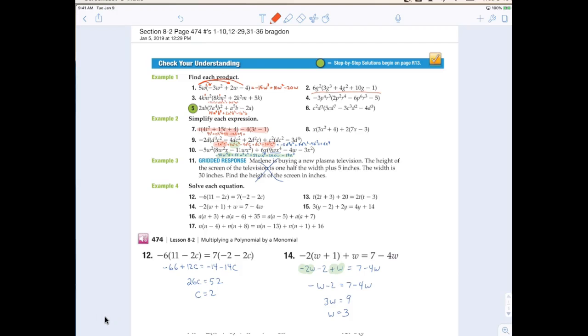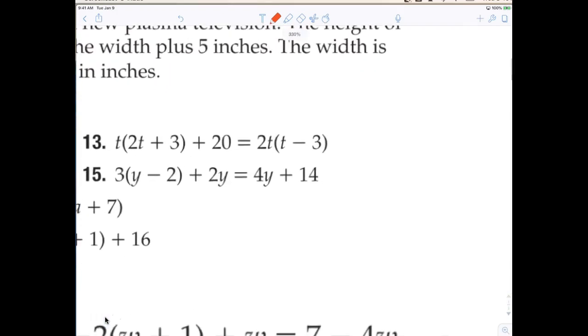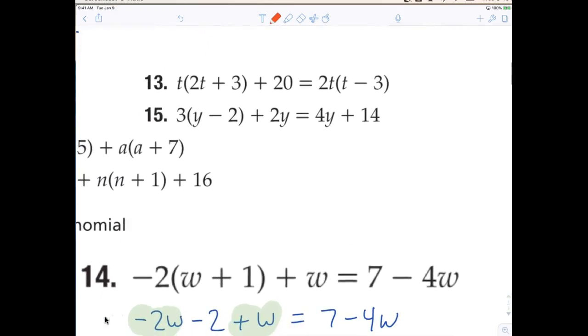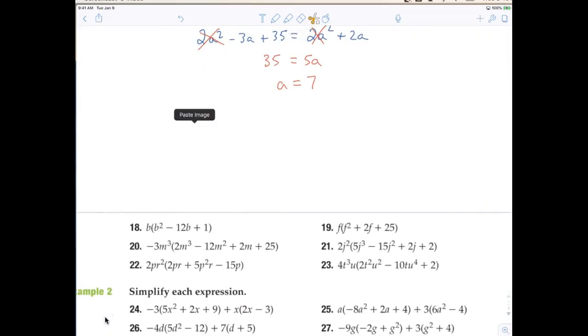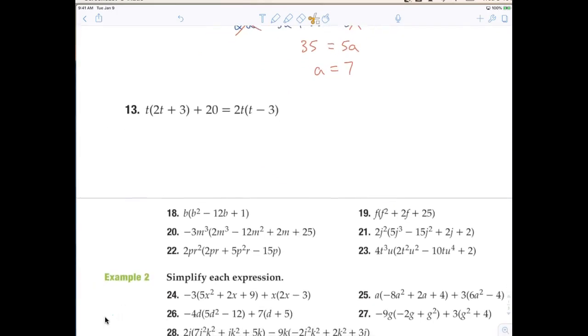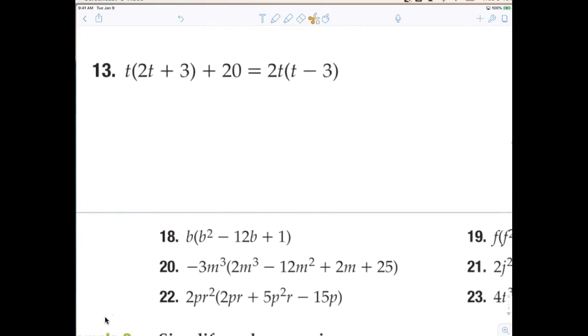13. All right, let's take a look at 13. Thank you, Miles. I'll put 13 down here. So when I distribute, Miles, what's going to happen? For the first one, it becomes 2t squared plus 3t. And then for the second one, plus 20 equals 2t squared